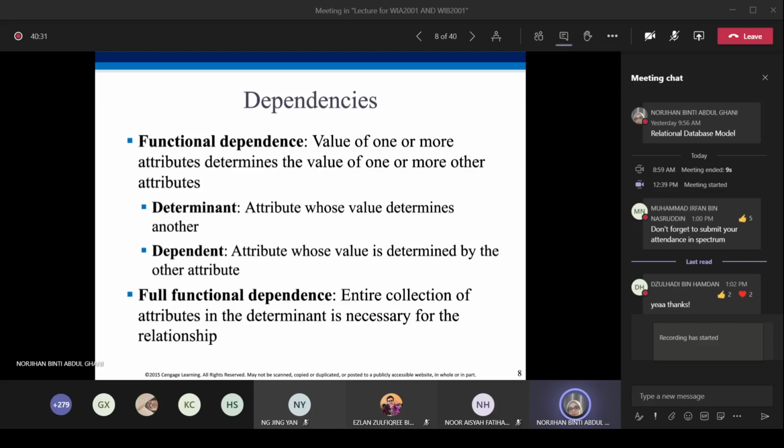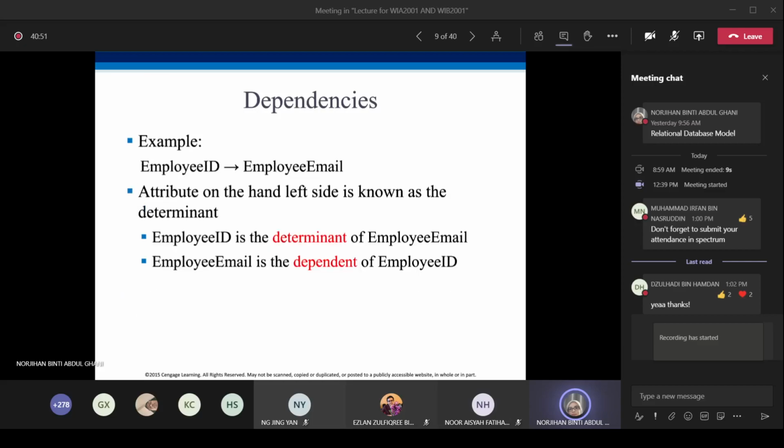For functional dependencies, you have to clearly understand the concept behind them, because you are going to use it further in the next topic, which is normalization.